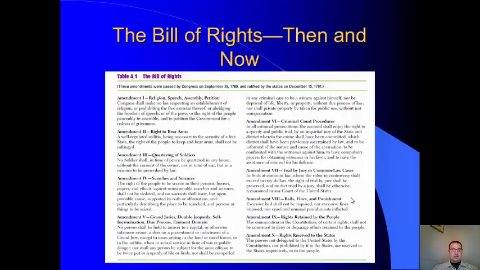So the First Amendment, right to freedom of speech, religion, assembly, petition, right to bear arms, quartering of soldiers, the Third Amendment, searches and seizures, grand juries, Article 5, due process of law from the federal government, right against self-incrimination, Sixth Amendment, right to impartial jury, trial by jury in common law cases for Amendment 7, Eighth Amendment, cruel and unusual punishment, Ninth Amendment, the people retain all rights